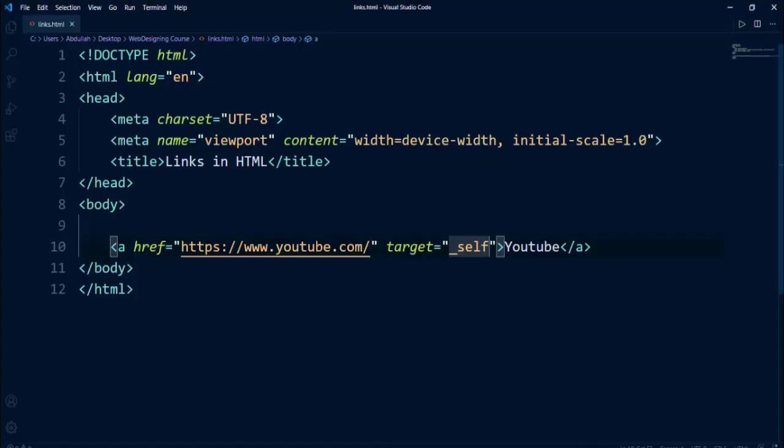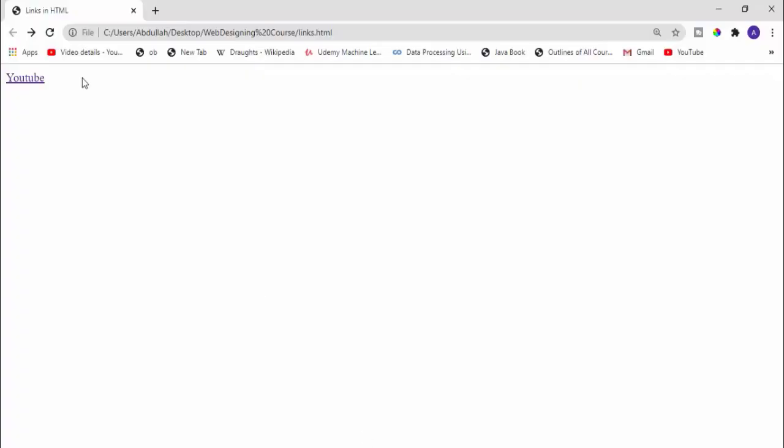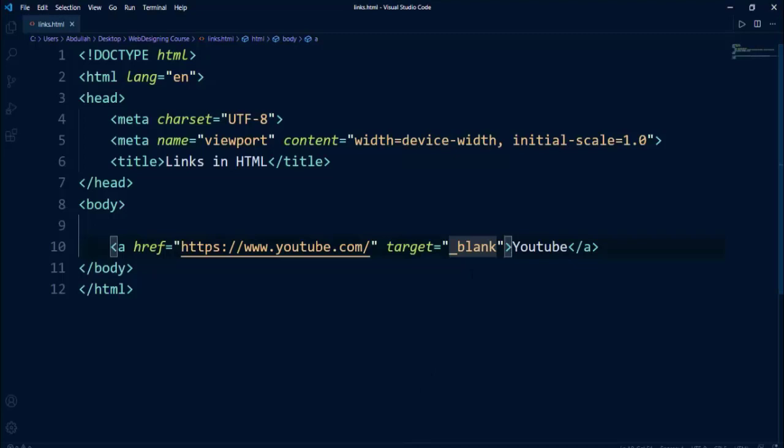But if I go back and here I change underscore self to underscore blank, and I save this file, go back here, refresh it, and now click on this, you can see it automatically opens in a new tab. So if you want to open your link or website in another tab, you just need to provide the target attribute, and in the target attribute you type the value as underscore blank. So it will open your new site in another new tab of your Chrome browser or any browser